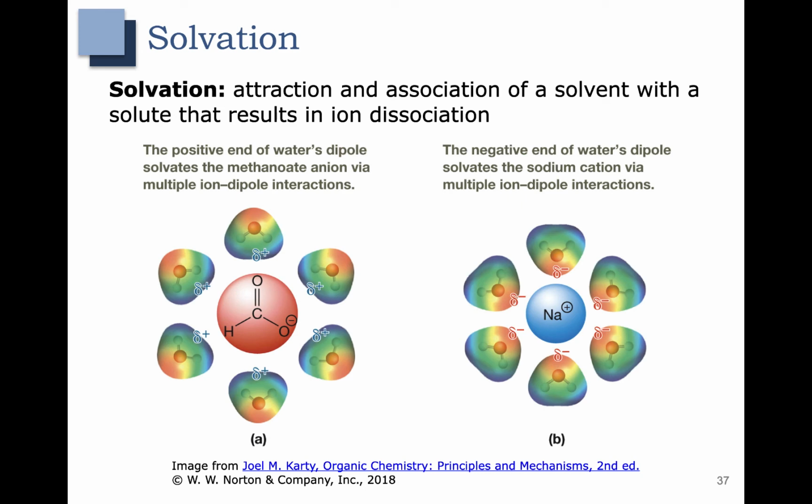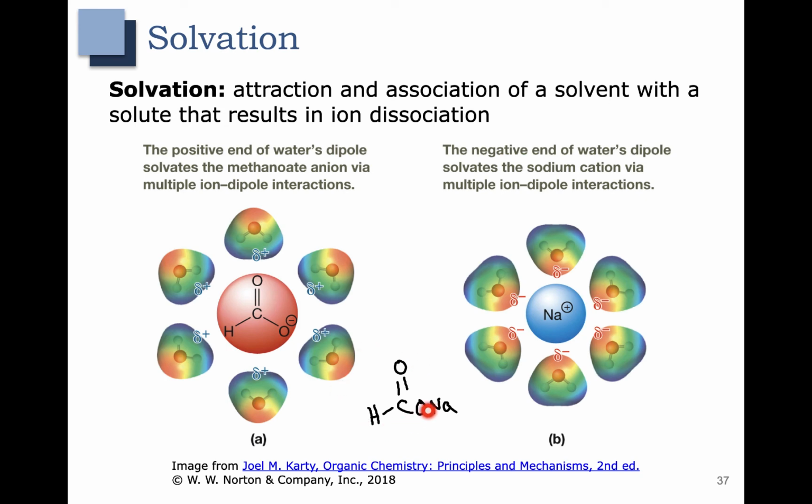This results in ion dissociation. Let's look at the example shown here. If you take this molecule and add it to a solution of water, the sodium quickly dissociates from the methanoate. That's because the sodium has a positive charge, which is going to interact with the negative dipole on the water. This is called an ion-dipole interaction, where the ion on the sodium is strongly attracted to the dipole from the